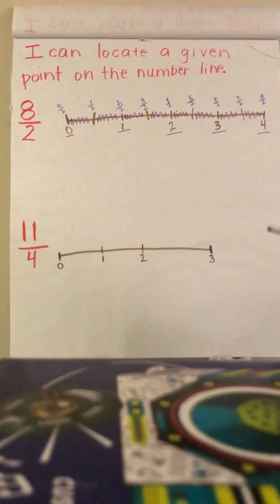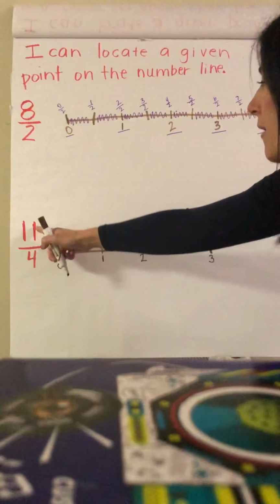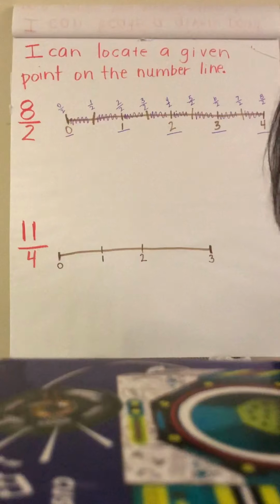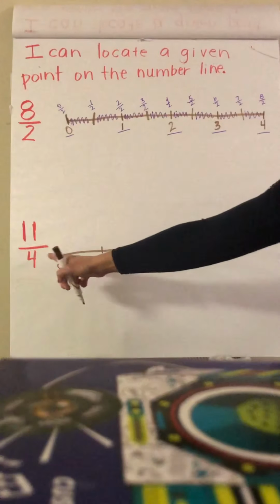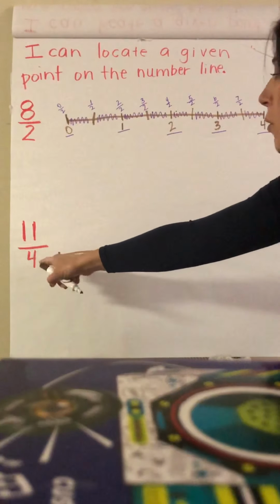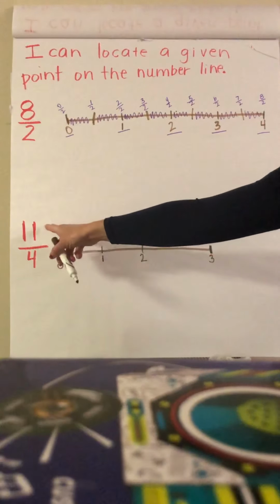Okay, so how I'm figuring this out is 11 divided by 4. Well, that does not divide evenly. So what I need to think about is what number can I divide 4 by to get to as close